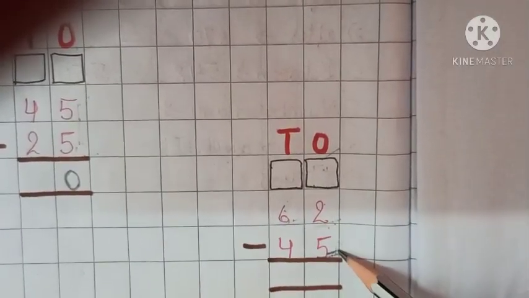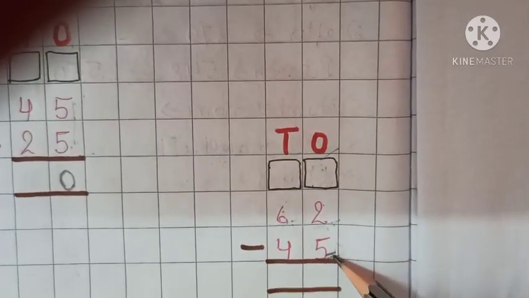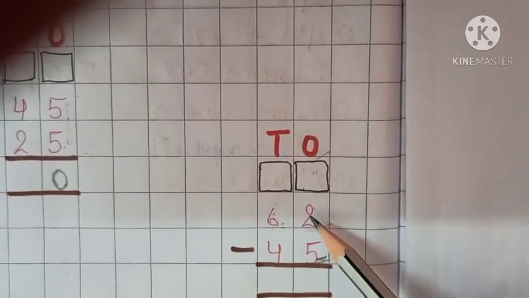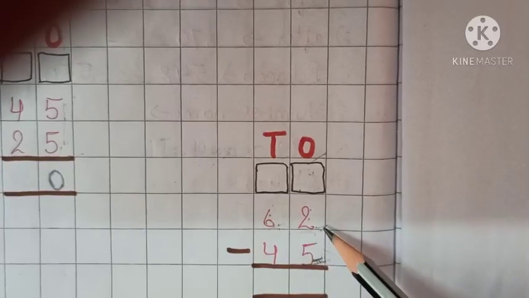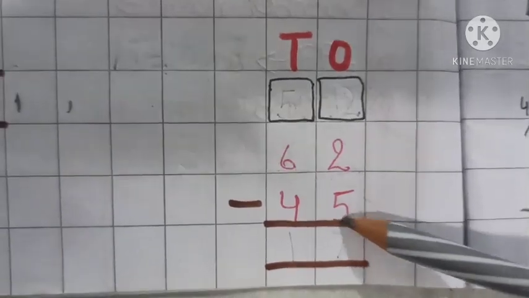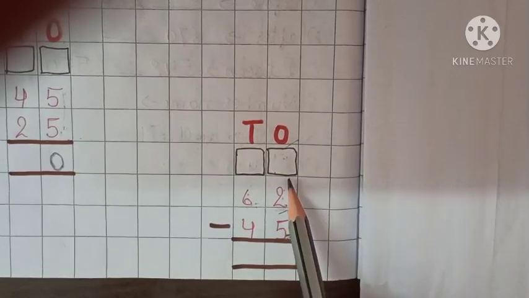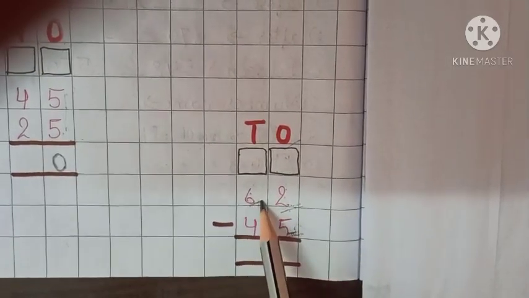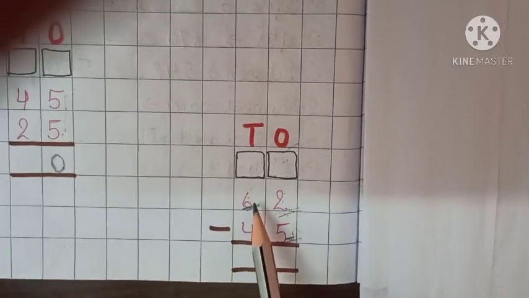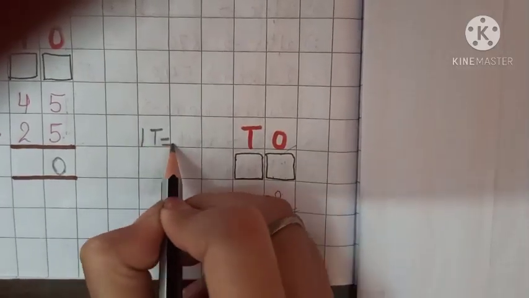More on the floor, knock the next door. So the number on the floor or bottom is greater than the number on the top. That means 2 is smaller than 5, or we can say 5 is greater than 2. Here we cannot subtract 5 from 2. That means we have to borrow a number from tens place. Here at tens place we have 6 tens. So we have to borrow 1 ten. So 1 ten is equal to 10